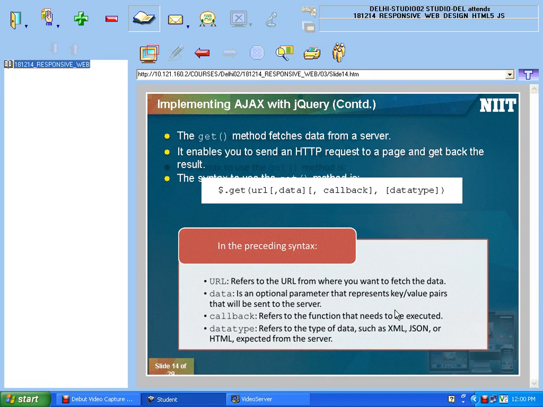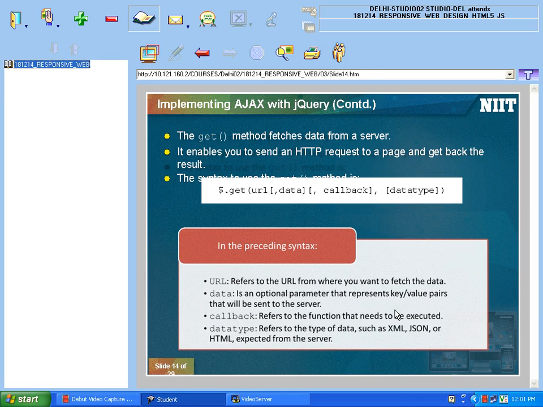What I want to do is access one web page on the server, which is not a page of HTML but a page of some server-side technology like ASP or PHP. Whenever from this page I send a request to that page, whatever response is written in that web page will be fetched and come into my HTML page, and it will display on my web page. For that again I have the function get.